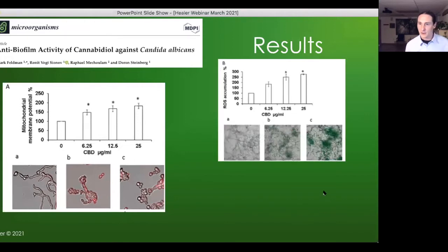And then over here, we have measuring reactive oxygen species. So these are like free radicals, which are destructive to the yeast cells. And you can see that at the higher dose, 25, this isn't the highest they tested up to 100, but at 25 micrograms per milliliter, kind of a middle of the road concentration, there was this significant accumulation of reactive oxygen species, meaning these yeast were having a hard time getting rid of their free radicals, doing their metabolic activity to produce energy, and that's why they were inhibited from their normal activity of setting up